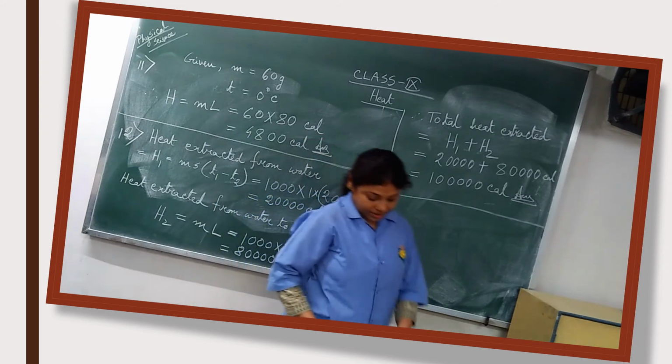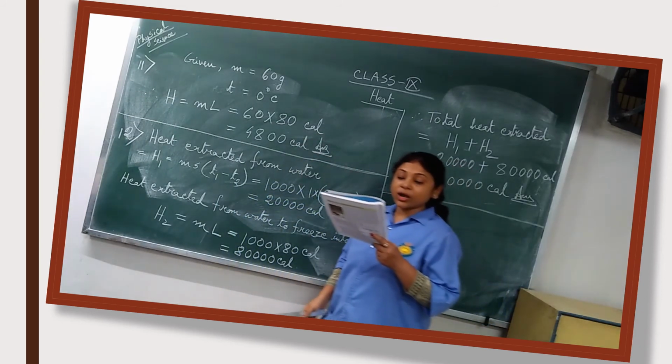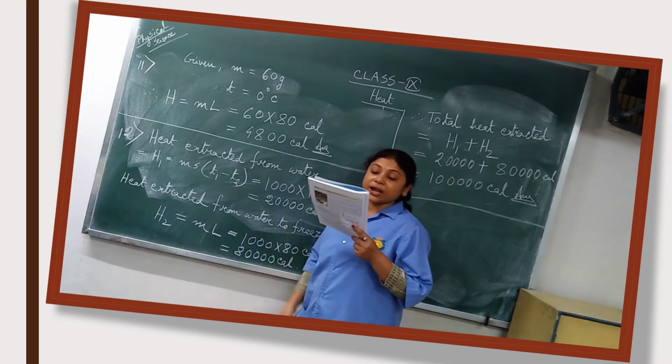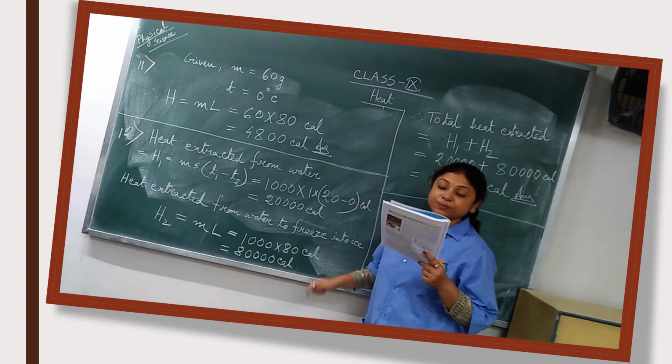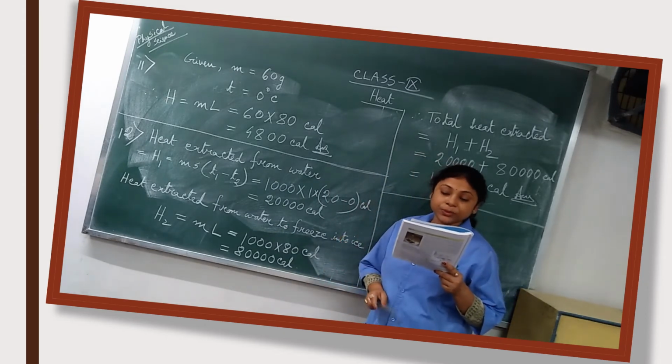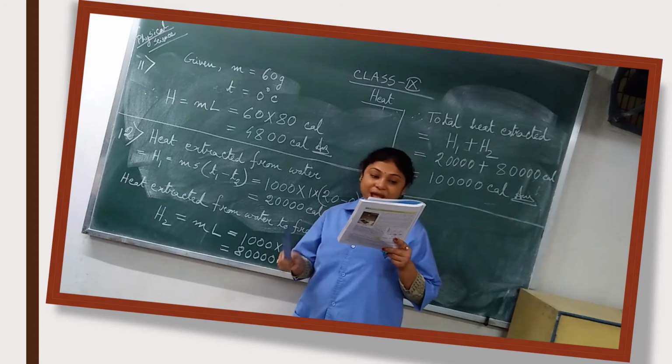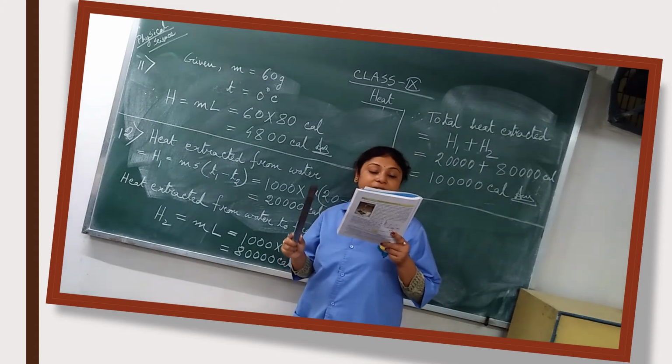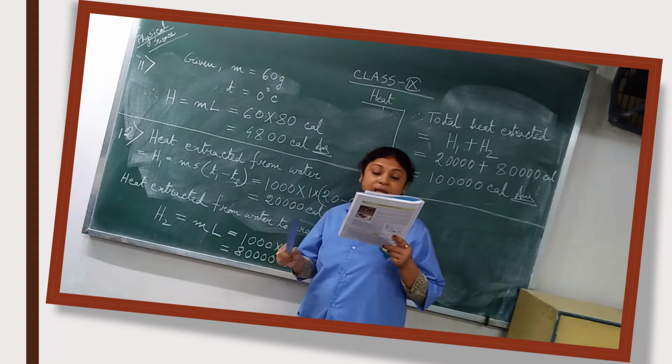Now the next sum: a kilogram of water at 20 degrees Celsius is placed in a refrigerator. How much heat must be extracted before all the water turns to ice? Latent heat of